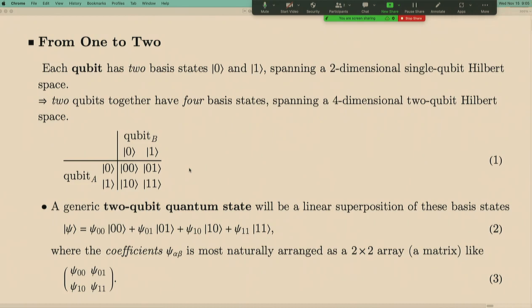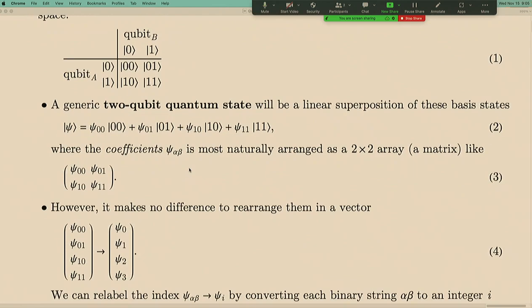So we basically write the state of the first qubit as the first index, and then the state of the second qubit will label the second index. In this way, the two-body Hilbert space, or the two-qubit Hilbert space, will be a four-dimensional space with four basis states. So based on the principle of quantum mechanics, every quantum state of a two-qubit system must necessarily be